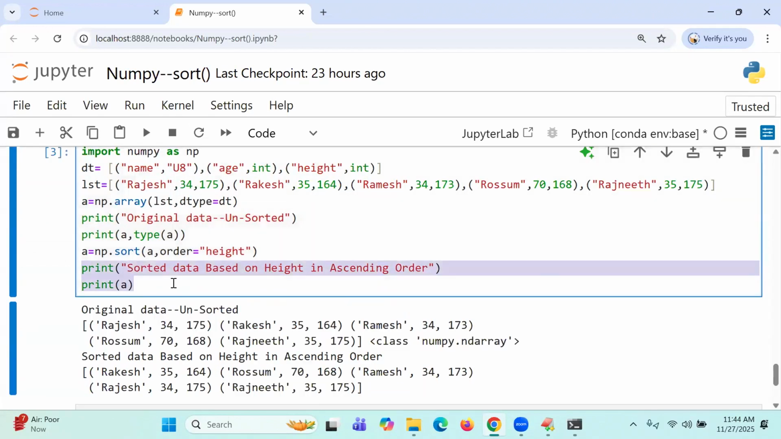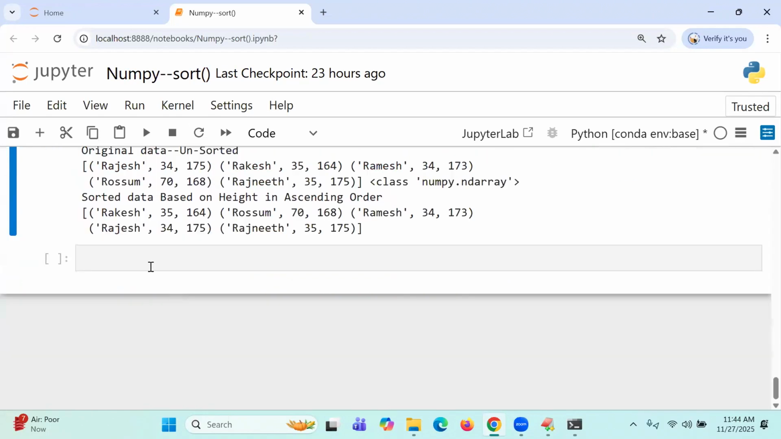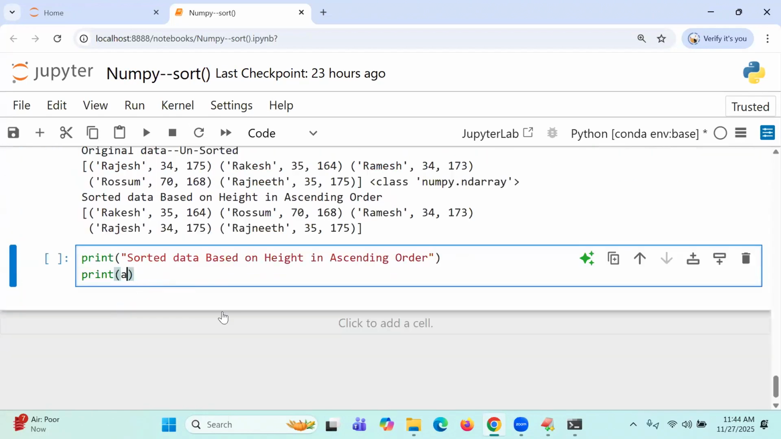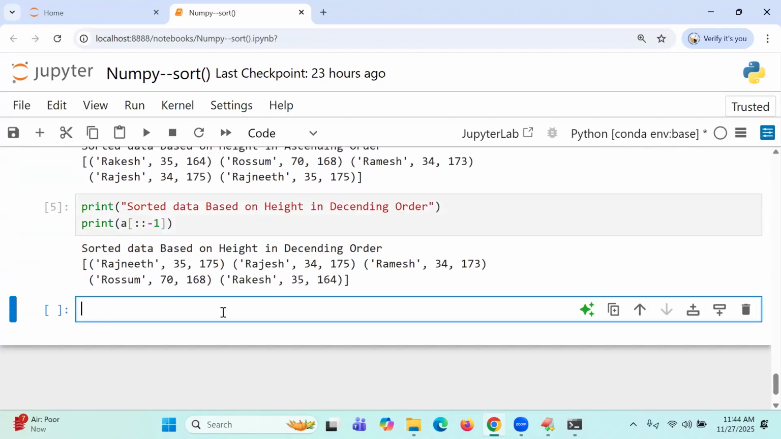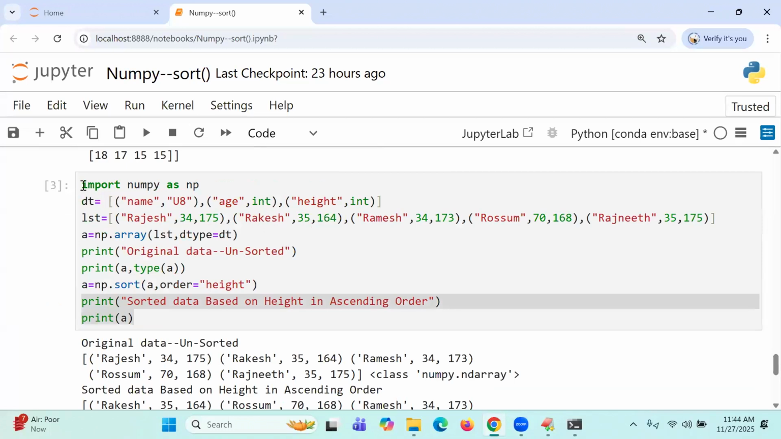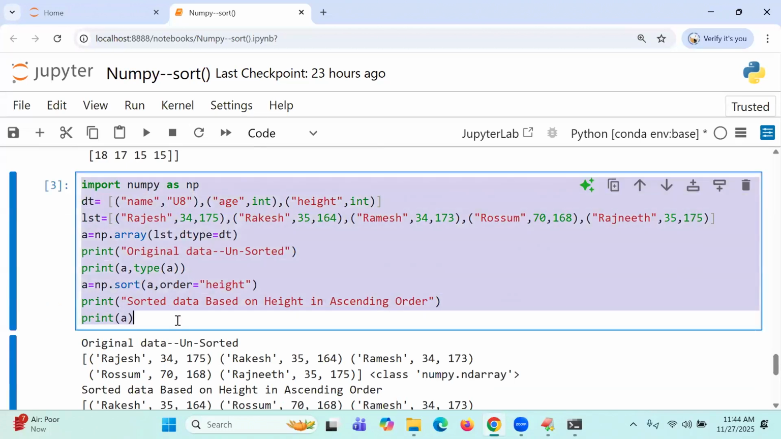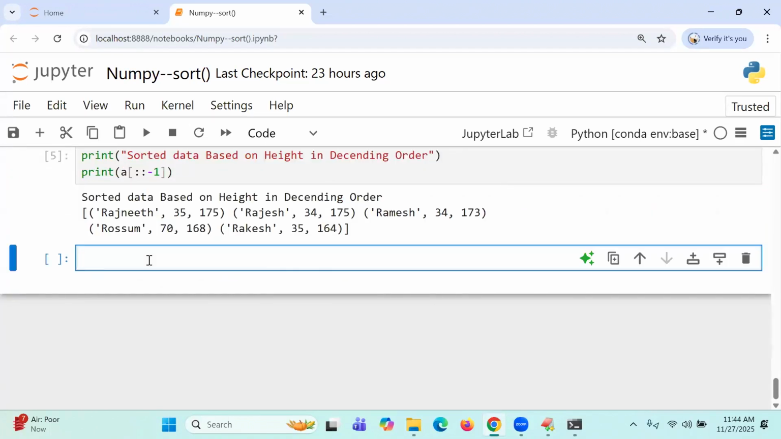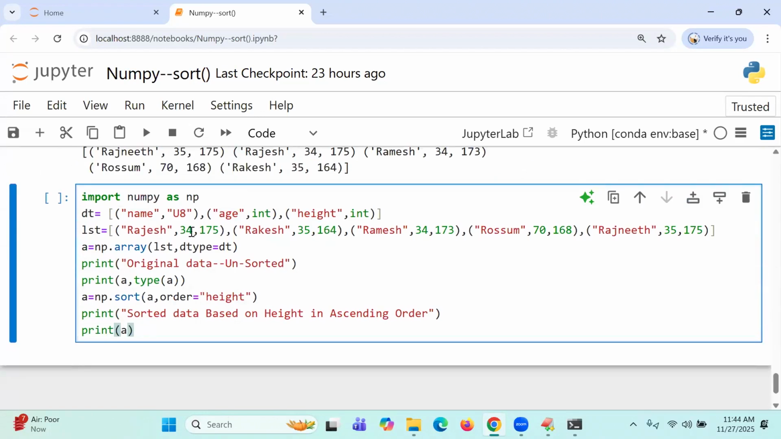Same data in which order? Descending order. If you want it in descending order, it is a matter of writing what? Colon minus 1. In which order is it? Descending order. So there I am going to get it in descending order. Rajnit is the first. Suppose, students, when you go to this data, for example, if you mention it by mistake,